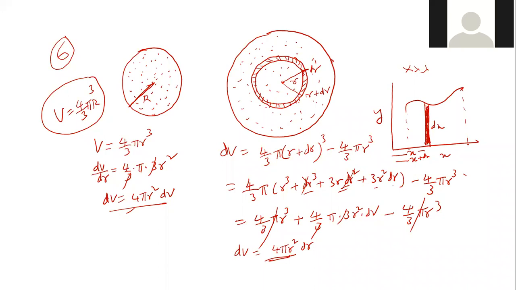Did I take this dx at this end? Did I take this dx at this end? I took it somewhere in the middle. Similarly, I'll take a representative volume element in the middle, neither here nor there, because I know very well integration means we'll have a lower limit to an upper limit. So if I take a shell